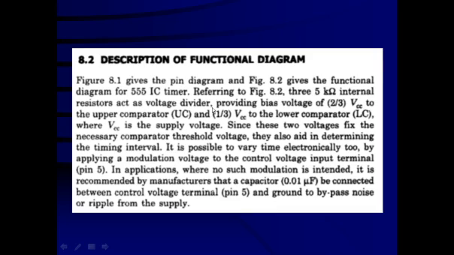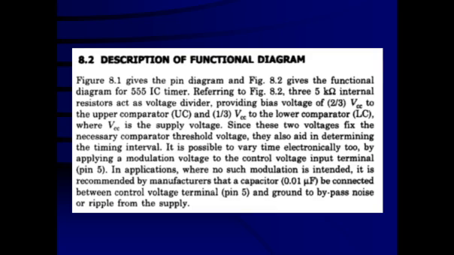So there are three 5K resistors connected in series between the power supply VCC and ground, and you can take output from the different resistors. That way you can derive different voltages, 1 by 3 VCC and 2 by 3 VCC, using this voltage